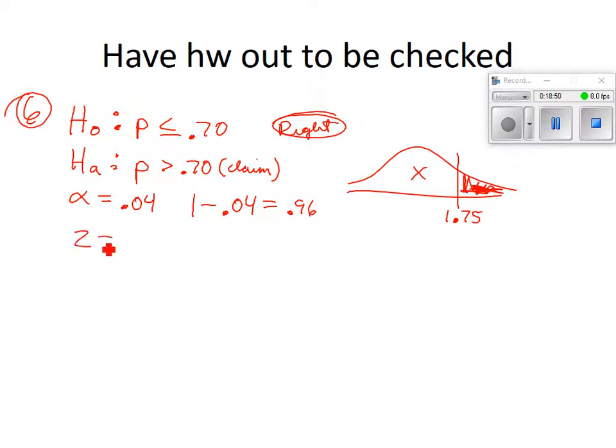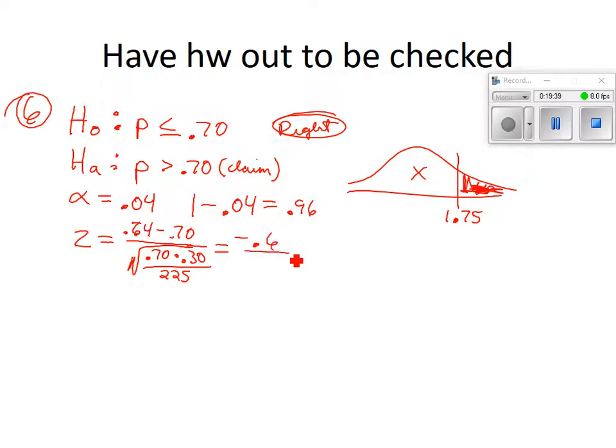Then we find our Z. Help me out again. What's our P hat? And our P is 0.70. Square root of 0.70. What's Q if P is 0.70? 0.3, 0.30, doesn't matter really. Oops, no. Yeah, there's a fraction more there. Divided by, what's N this time? 225. I can do the top, that's negative